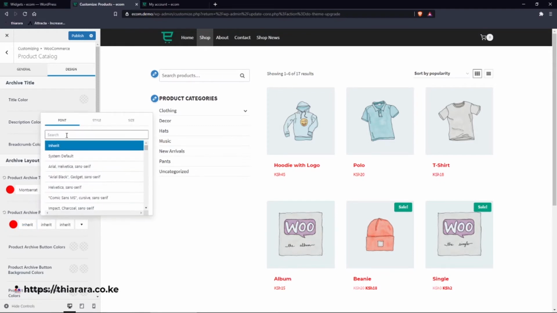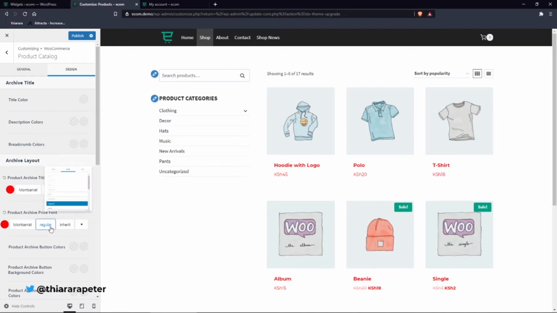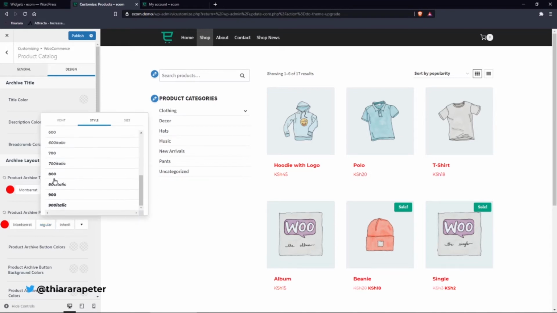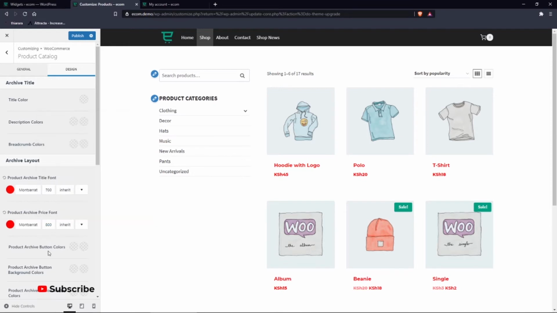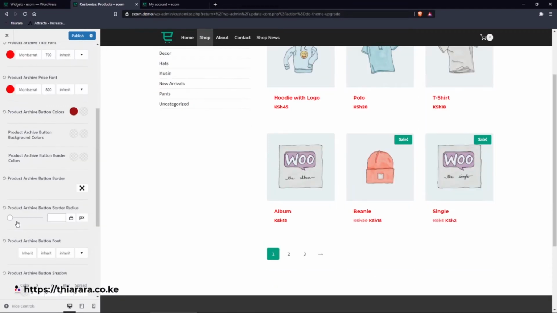And you see I want to have Montserrat here, and I want to have it as bold for 800 like that. You can see product archive button color. You can customize these one by one. You can see how it looks like now,